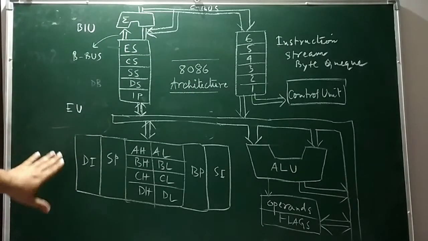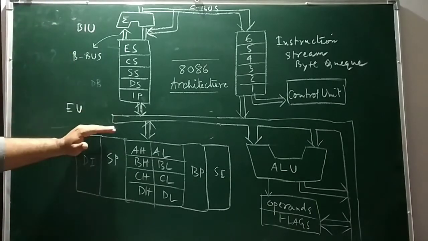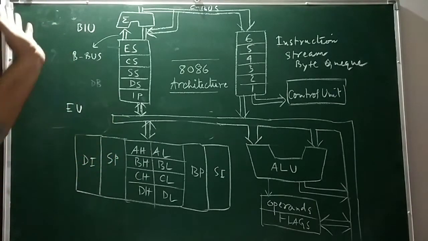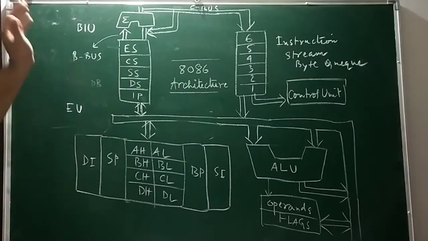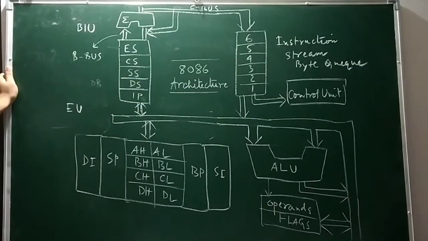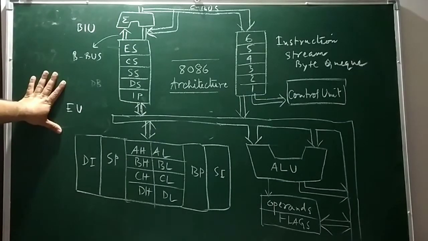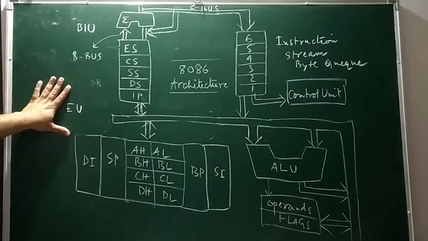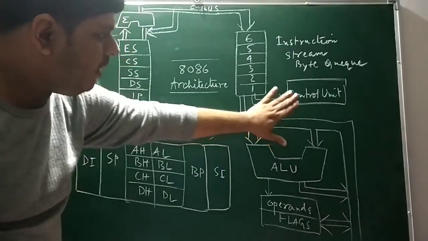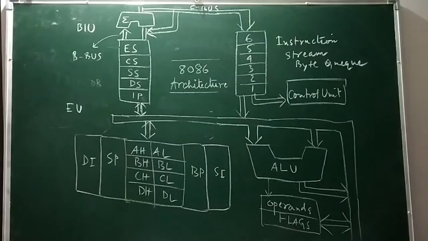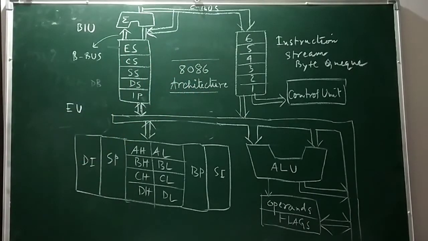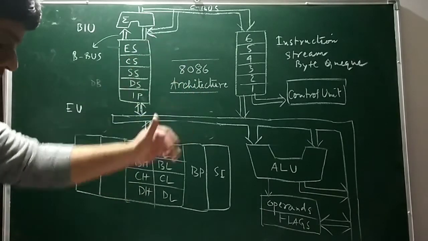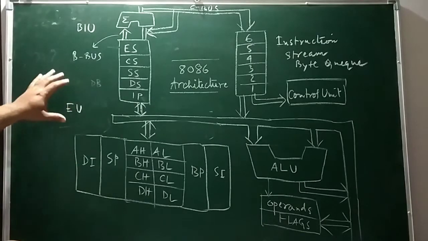The execution unit contains the control circuitry, which directs internal operation of the 8086. A decoder in the execution unit